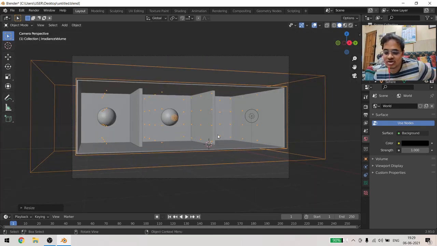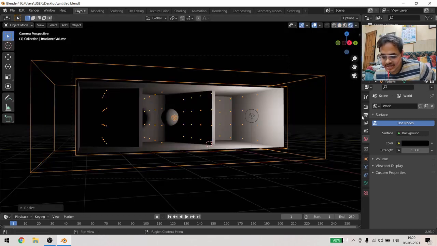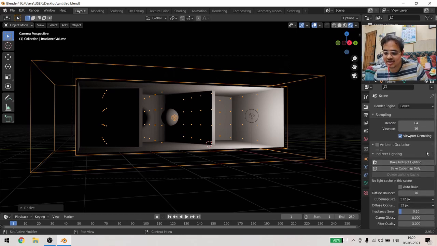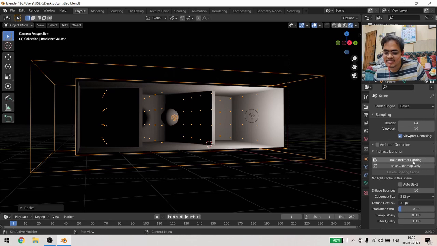Now see what will happen. If I go to the camera view, then go to the render viewport and come to render properties. Listen very carefully. I am coming to render properties, and here I am coming to indirect lighting. I will bring this entire panel upward, and then I will click on Bake Indirect Lighting.